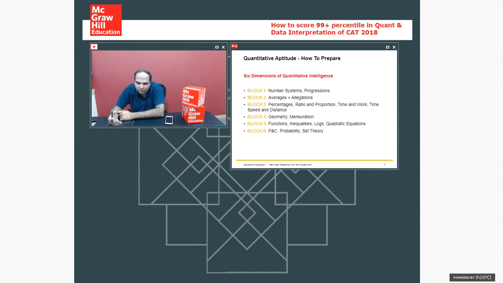So block 3 is percentage, ratio, proportion, time and work, time, speed, distance. It also has the chapters of profit and loss and interests. Block 4 is geometry, mensuration. It also has the chapter of coordinate geometry. Block 5 is functions, inequalities, logs, quadratics. I guess a lot of you are anyway reading my books, so you know what